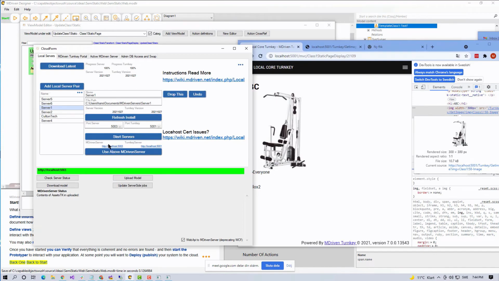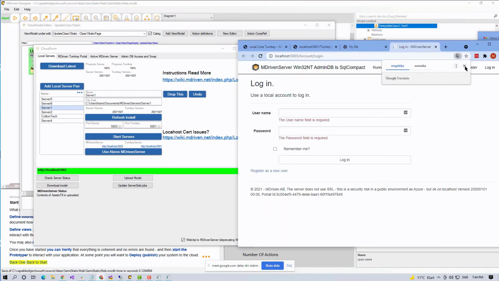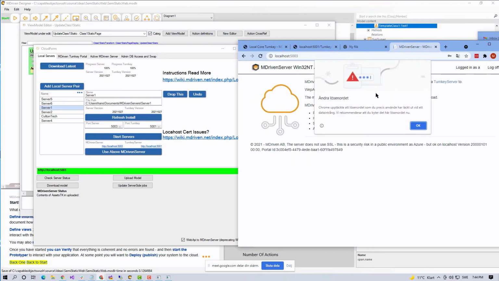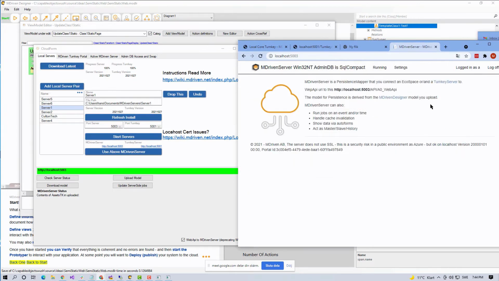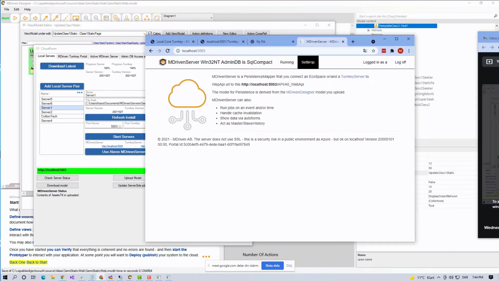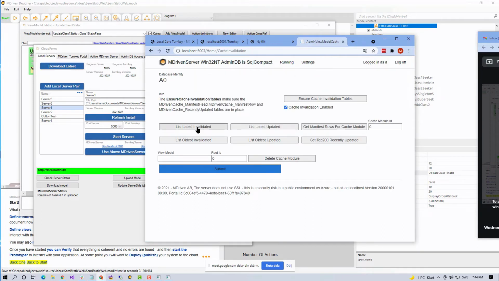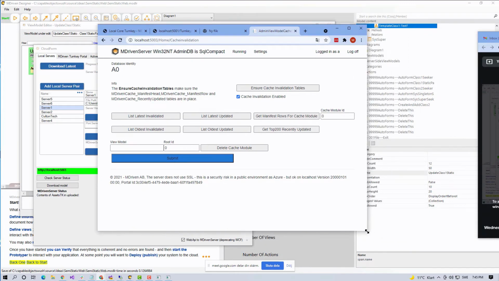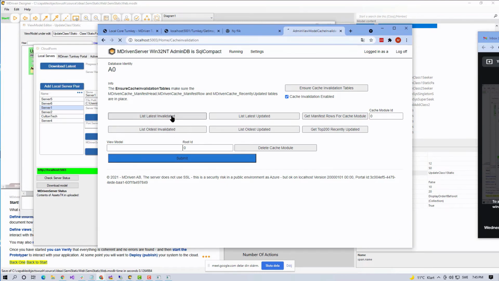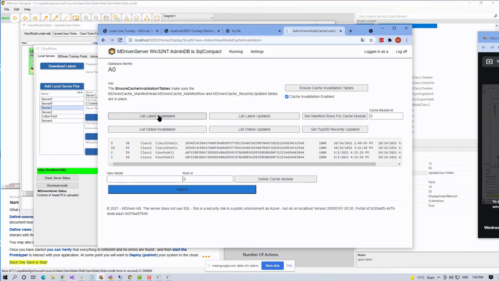I'm going to go here and click find the server and log in. Oh no, I say never, but it always asks me. So, the cache invalidation. Oh, okay. So this is new, right? This is a little bit new, I guess. I haven't seen it. Yes, it has been updated a few months ago, but what this tells you is what